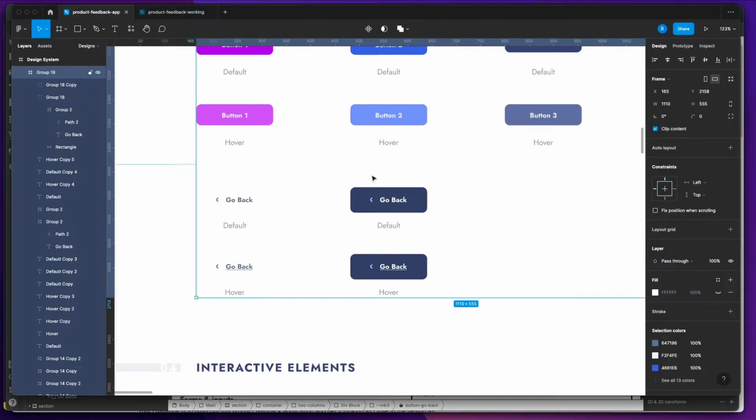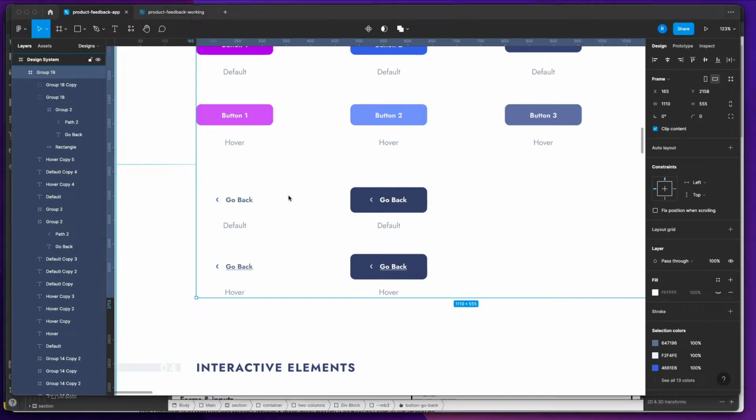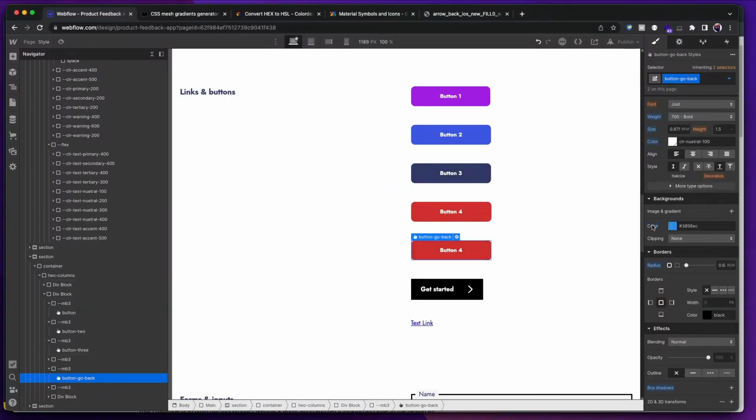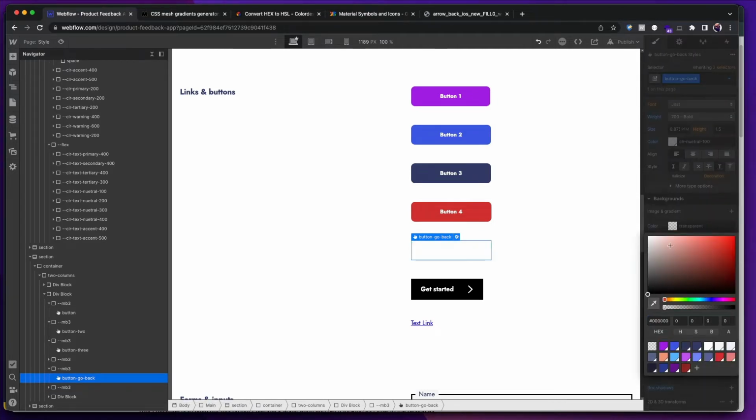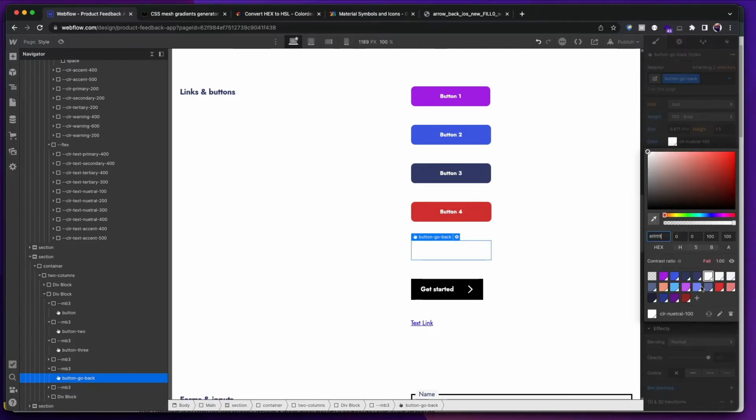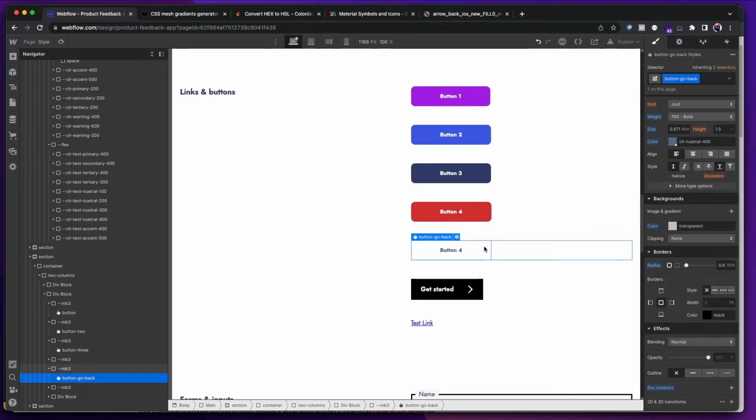And then let's see here. So what we want for background is actually, we actually renamed the class. You may have been screaming at your computer. Let's duplicate the class button, button go back. Okay. And then let's remove the background color. In fact, this was our color neutral, or color neutral 400. And that's AA, so that's okay. We can go with that. And then let's just make this say go back,